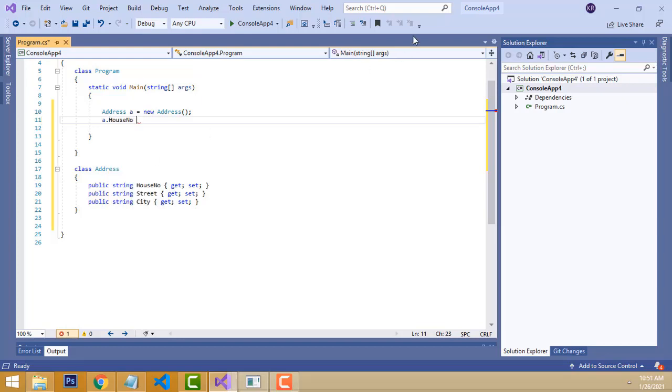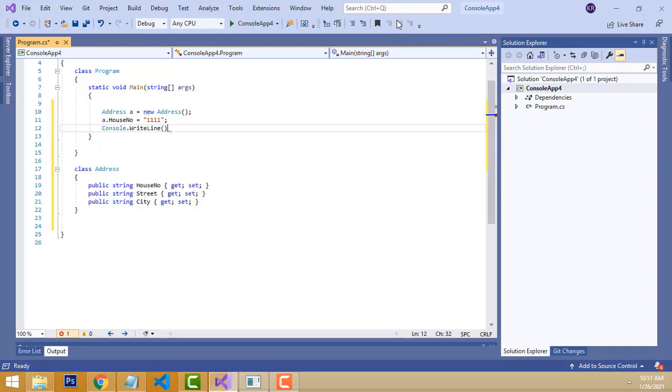House number, you have to set 111. Sorry, we have to put it in double quotation marks, because house number is a string. Now to print this one, Console.WriteLine.